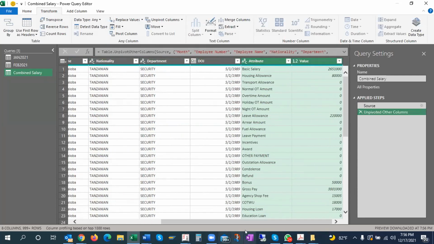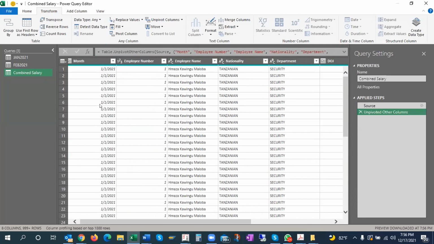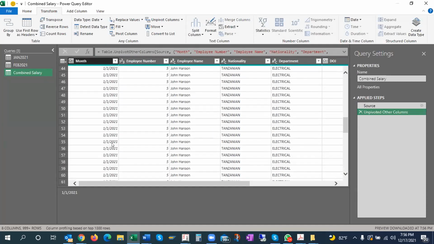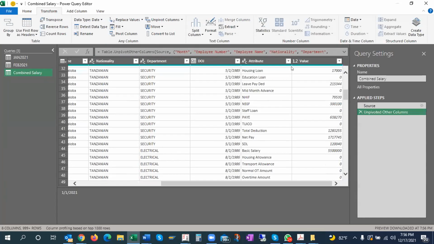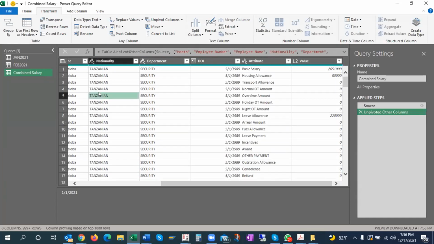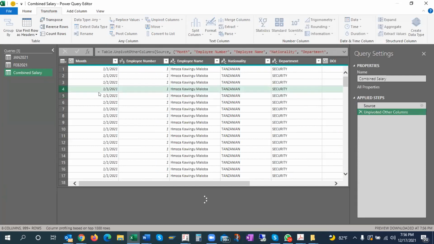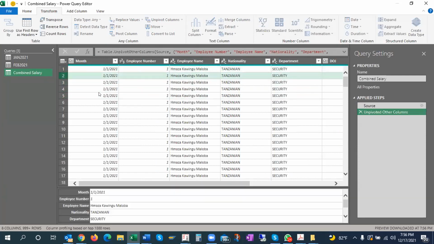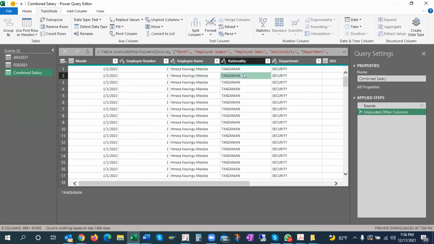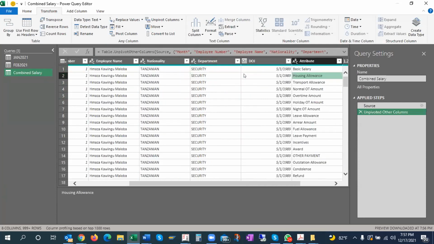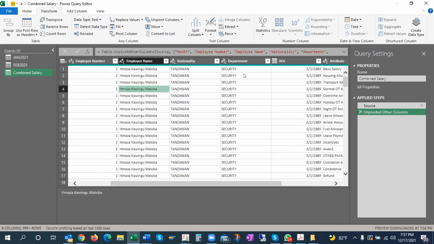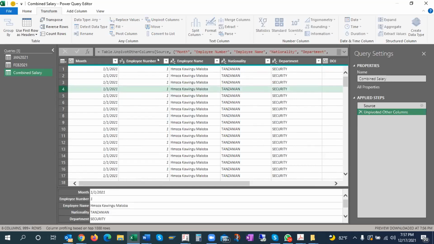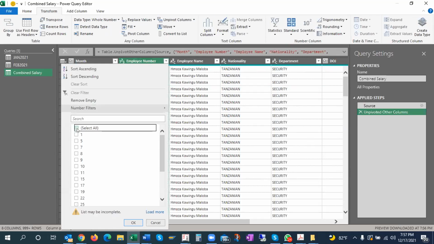You see, so now I have data for January and for February for all the employees. This is a very beautiful tool given by Power Query, which makes life easier. See here, it says basic, housing allowance, transport allowance, normal overtime. If I want to see whether for February it is the same, I'll just show you.